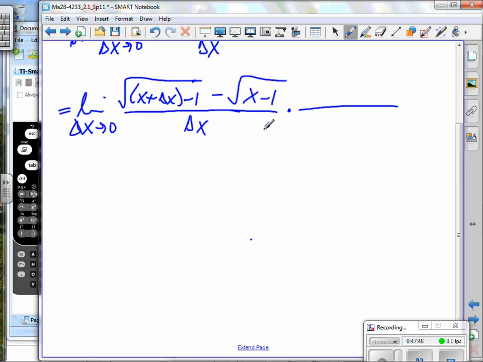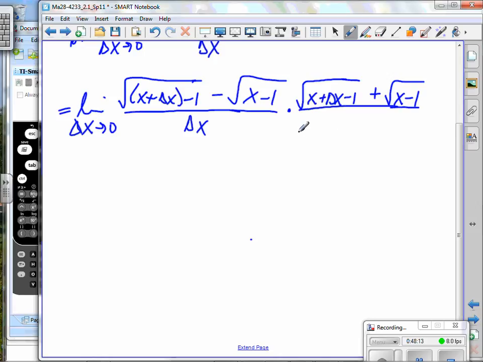The conjugate is exactly like this, except for what? The sign between these is different. Okay, so I've got the square root of x plus delta x minus 1, plus the square root of x minus 1,